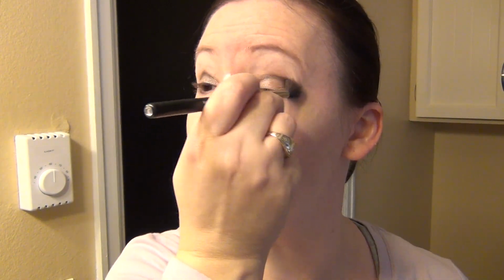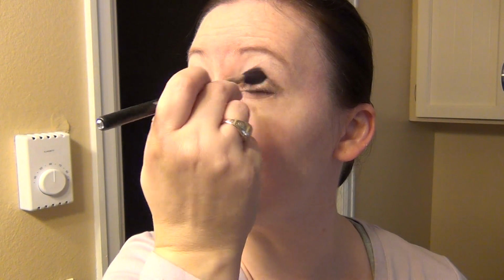Now I actually switch to the actual crease brush to blend that crease color in and reduce the harshness of it. The only reason I don't use it to begin with is because it's such a big brush. It's so fat and soft and everything. The other one's a little bit more firm. This way, the other brush puts the color where I want it to be, and then this brush helps me blend it out. And I make fewer mistakes because I'm no expert whatsoever. Alright, and then finally,